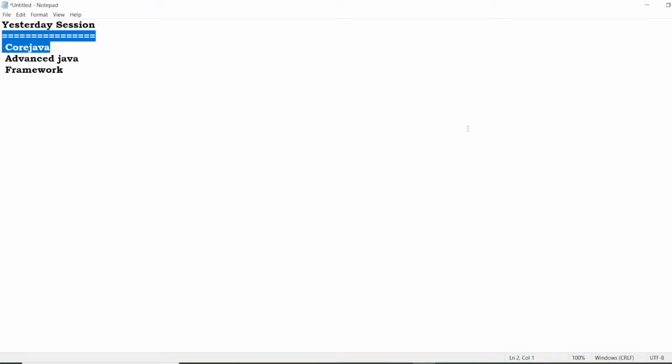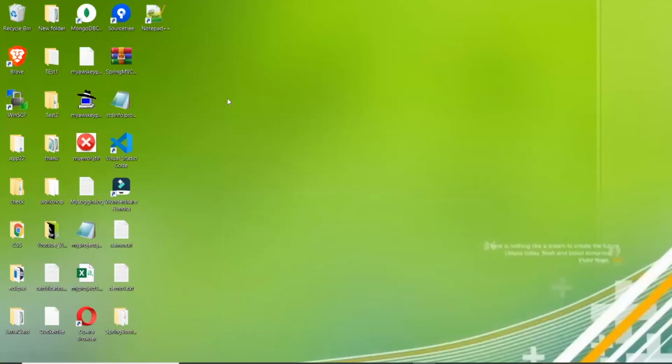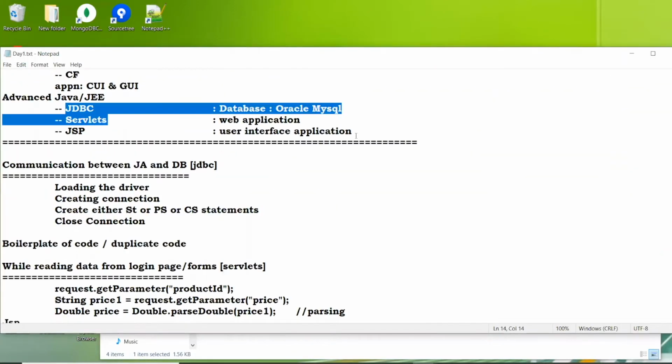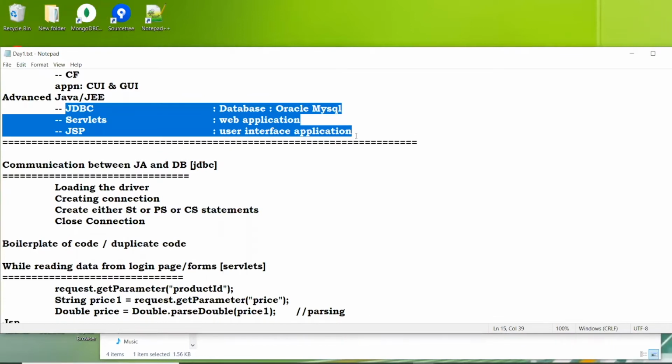But when it comes to advanced Java, mainly we are dealing with two things. One is communicating with databases, and the second one is developing web applications. So in advanced Java, mainly we've seen three technologies: JDBC, servlets, and JSP.